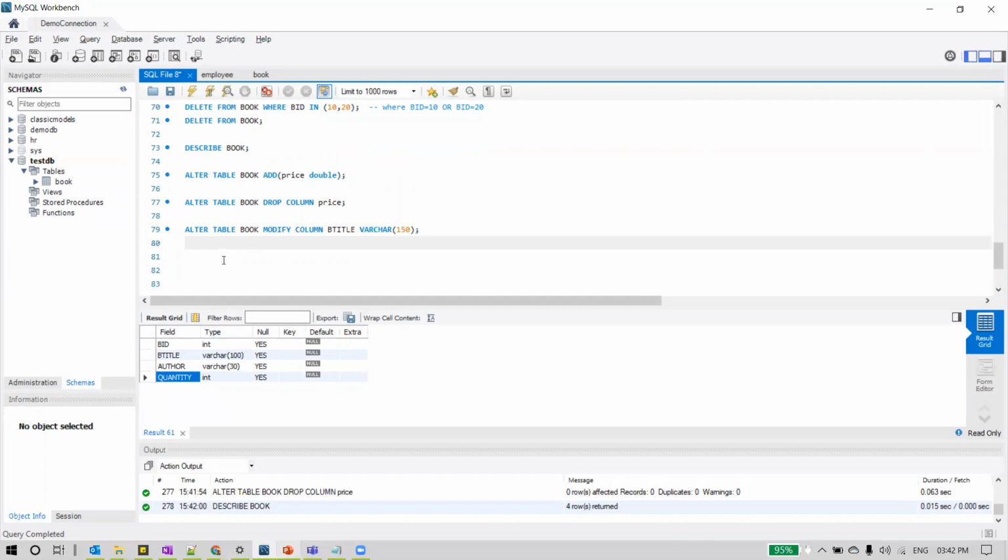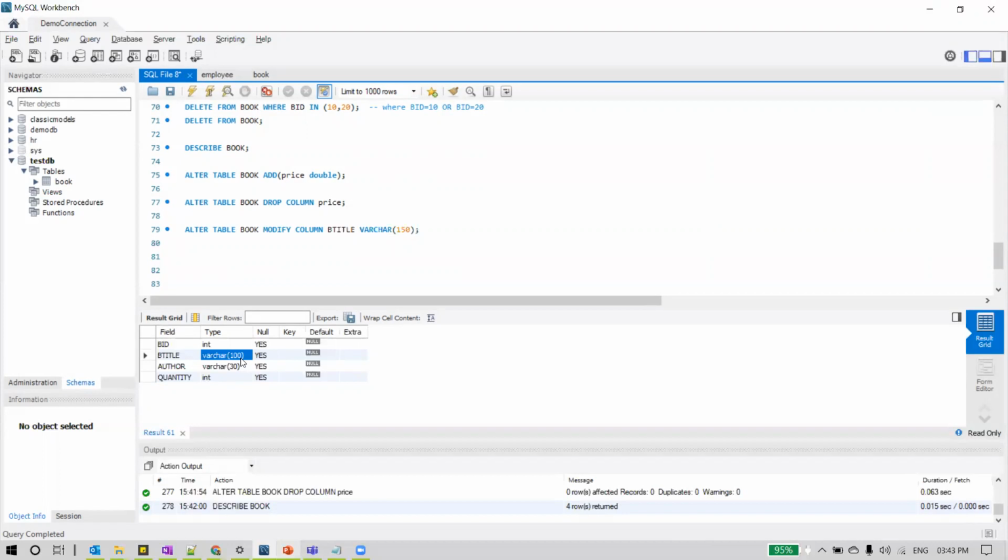If you observe here, there are 4 columns in it, and you can see book title has its data type defined as varchar. Varchar is of string data type, or text. So it can accept text data. We also specified a fixed size length here, 100. So if the book title is more than 100 characters, it will not accept that. More than 100 characters will not be accepted for the book title column.